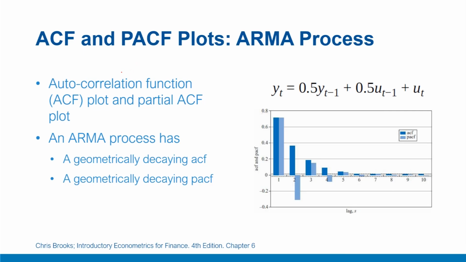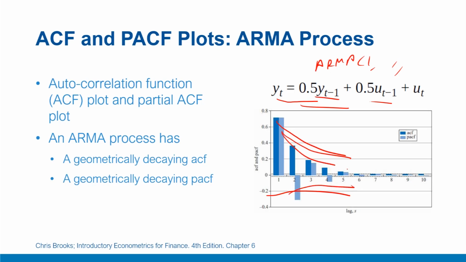What about the ACF and PACF plots? Interestingly, being combination of AR and MA process, the ACF PACF plots are sort of combination of AR and MA process taken separately. For example, if we put them together, both the ACF and PACF plots are exponentially declining in magnitude irrespective of their order. For example, look at this ARMA process of order 1, 1, ARMA(1,1), because here AR term is order of 1 and MA term is also of order 1.